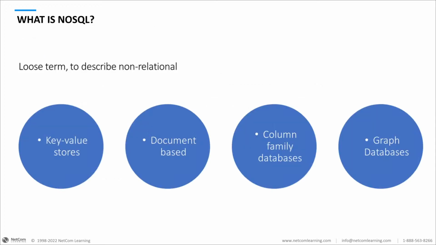Next, we're going to take a look at NoSQL, which really sounds quite humorous. Well, if it's not SQL, then why are we calling it NoSQL? Basically, it describes non-relational databases. So there are key value stores, and it has document storage. In the key value store, each data item has two elements, a key and a value.